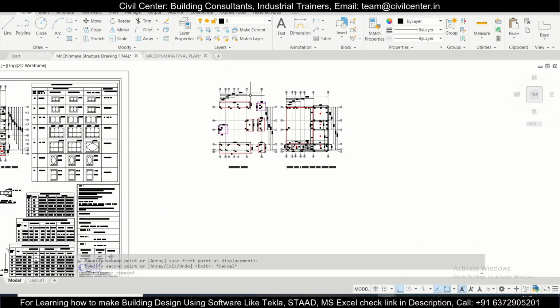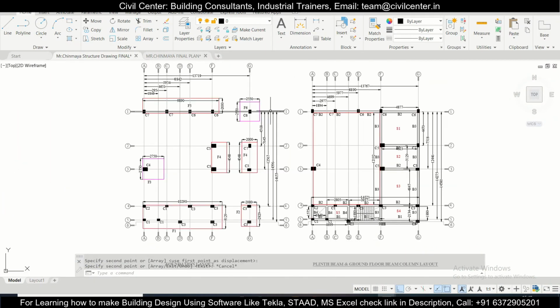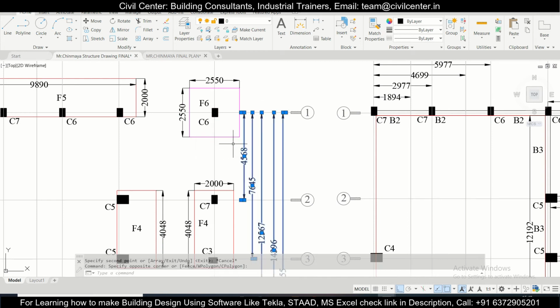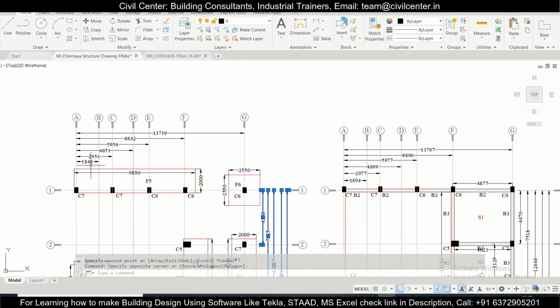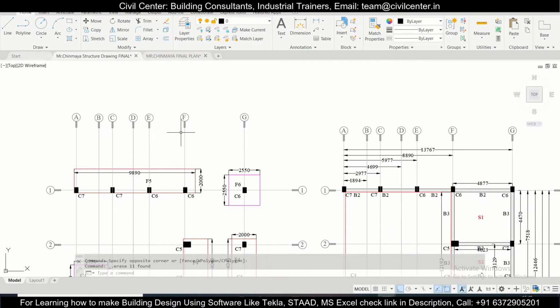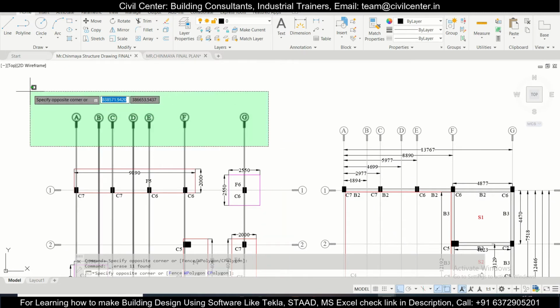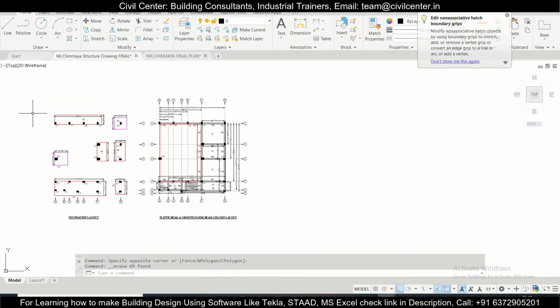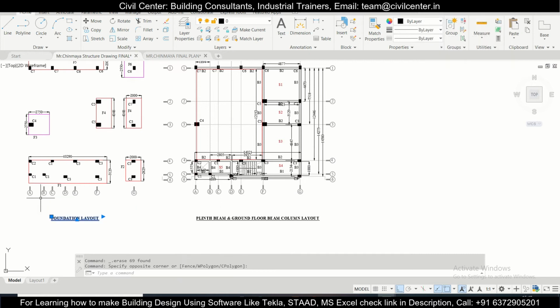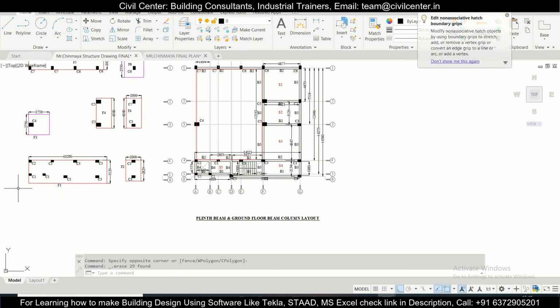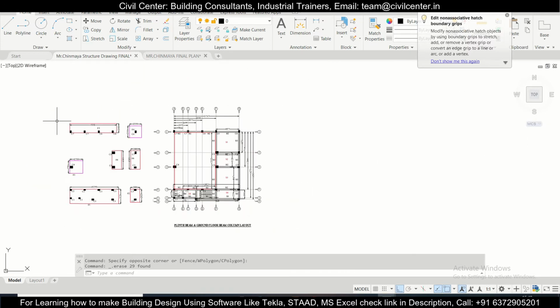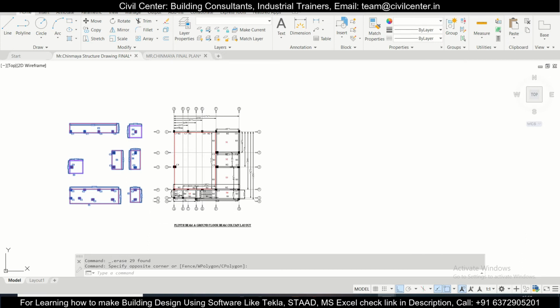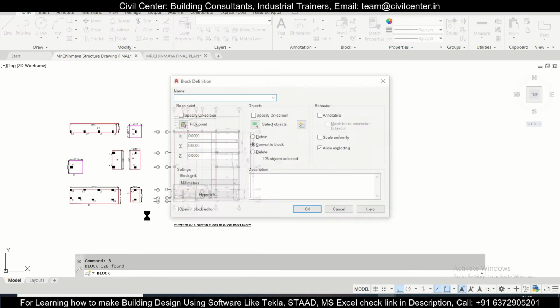Then click escape, and after that we can delete the stuff which is not required, the lengths and all, and these lengths. This is just for the visual representation for you. We can simply select this and press B, enter, so it will be turned into a block.